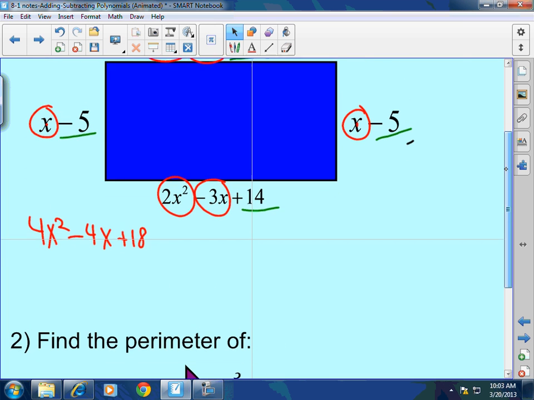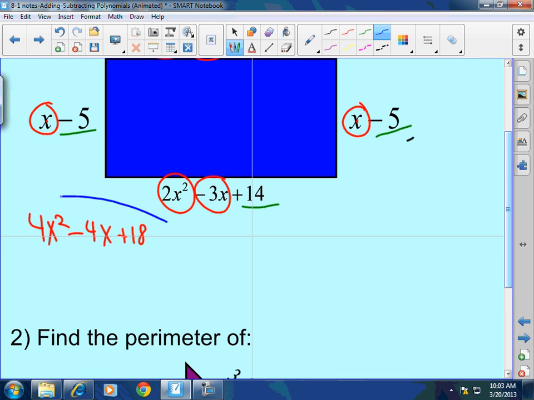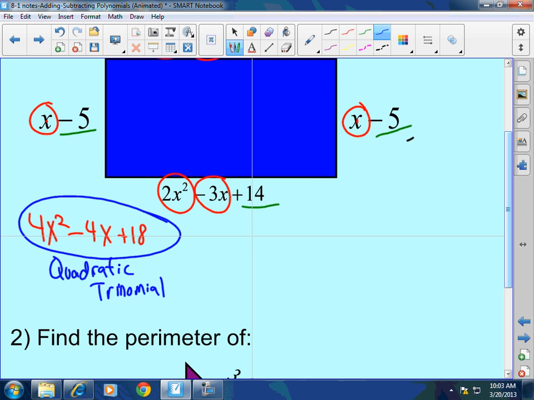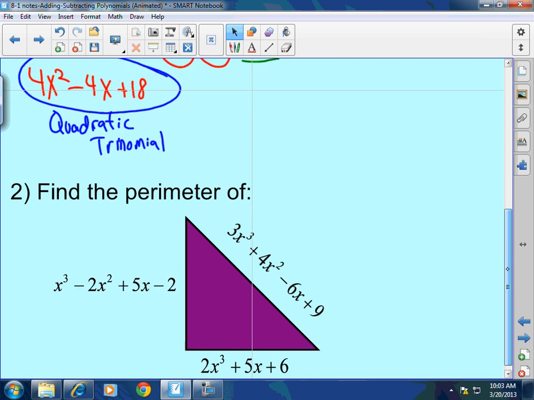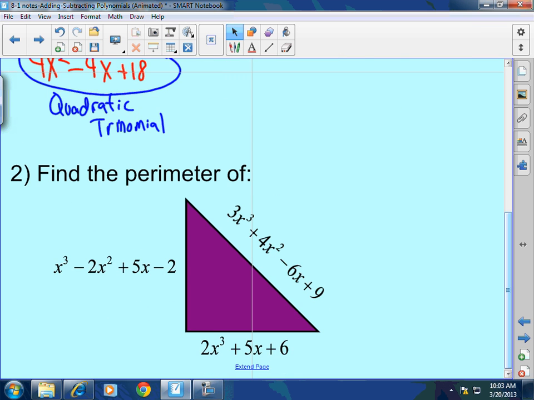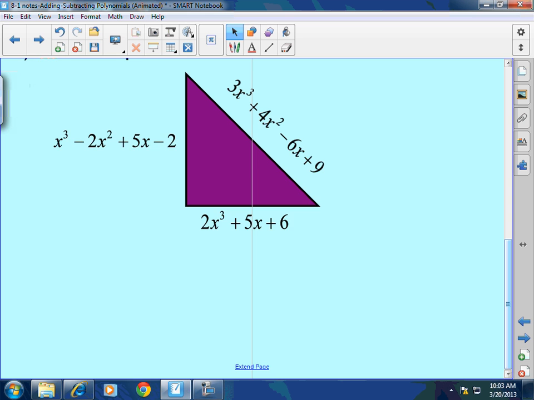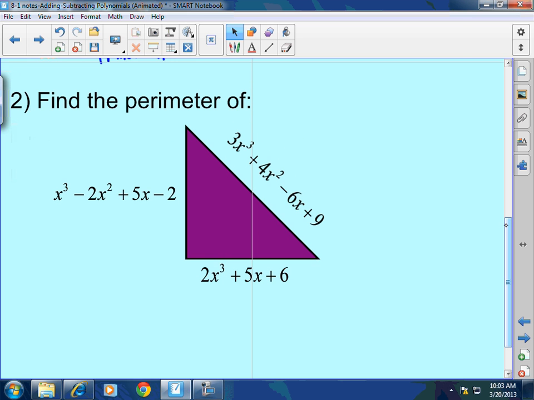Good job. What would you call this by degree and term? Quadratic. Cubic is third degree, guys. Quadratic. Trinomial. Very good. Next. Okay. Now here, perimeter of the triangle, perimeter of any shape, basically all the sides added together,